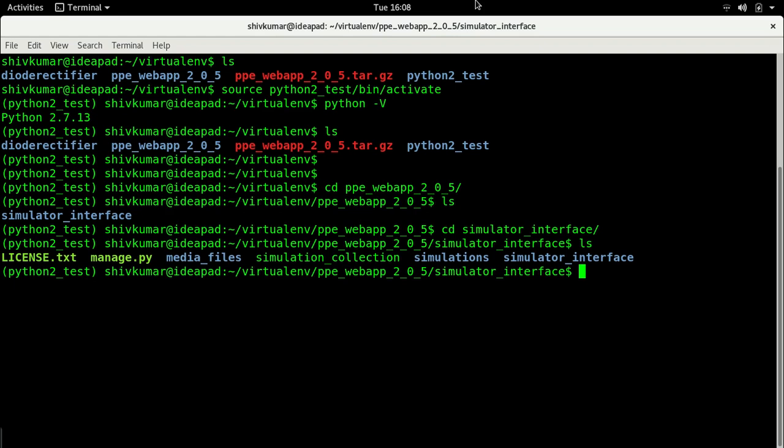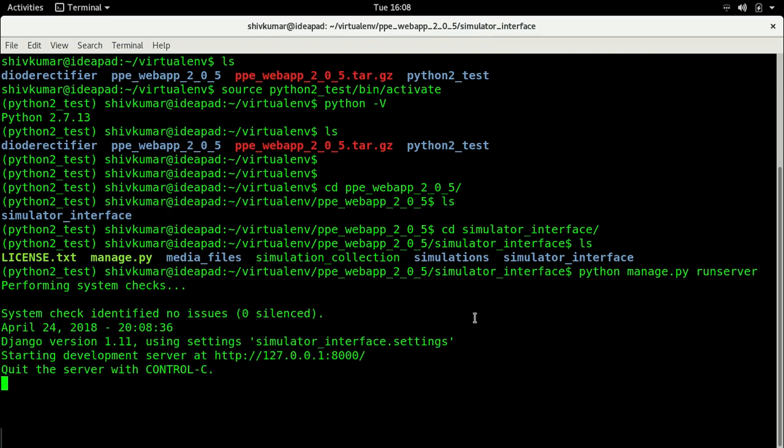I'm going to continue the same simulation, that is simulating a diode rectifier fed by a single phase source with two resistive loads at the end. One is a constant load, one is a switch load. I already have everything set up, so all I need to do is launch the server. The server is running. I shall copy this address